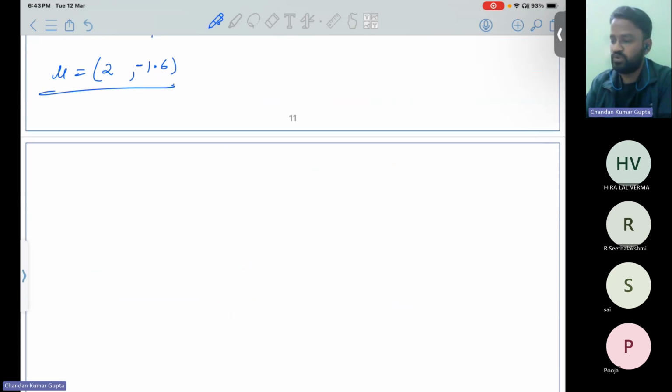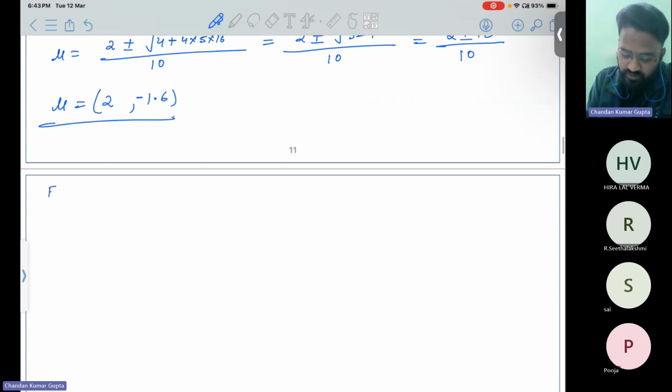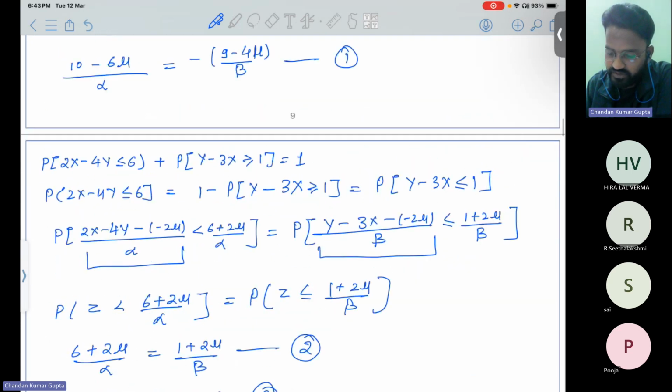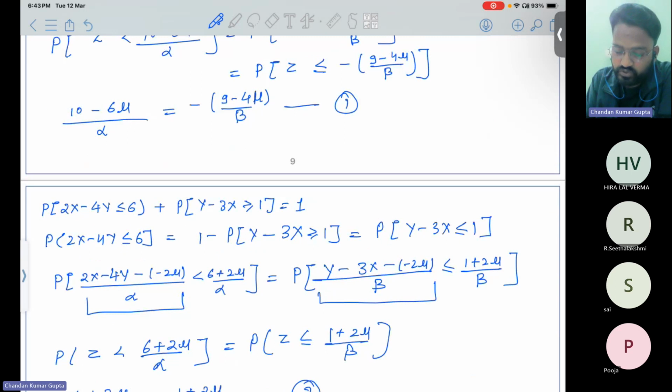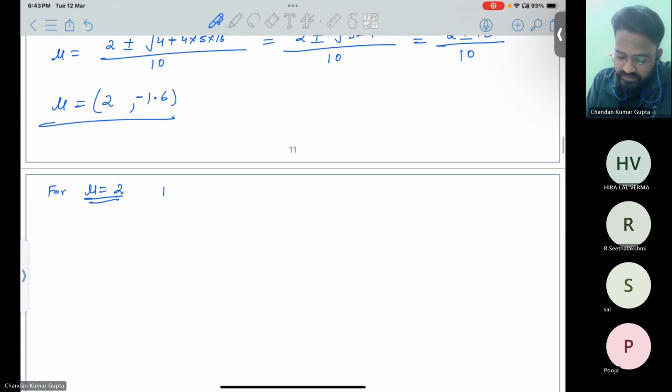Okay. So we have two values of mu. For mu equal to 2, we use the help of equation number 1, which is this. Mu equal to 2 is 10 minus 12 divided by alpha. That is 10 minus 12 divided by alpha